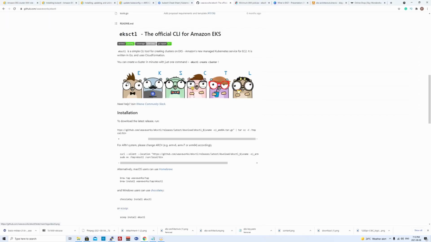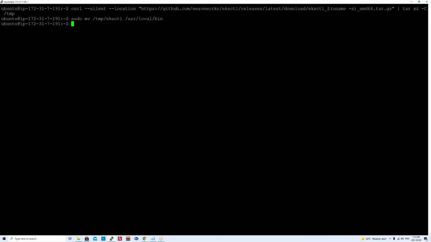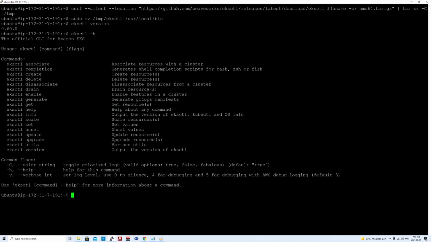Okay, let's go ahead. So I've already installed this utility from these two commands. So let's do eksctl version, and it will show you the version, and that means it's properly installed. So let's see all the different commands that are available for us to use. If we do eksctl -h, it will show you the primary commands associated with it. So these two are our main commands to create and delete resources. And then you would have a lot of different other options as well.